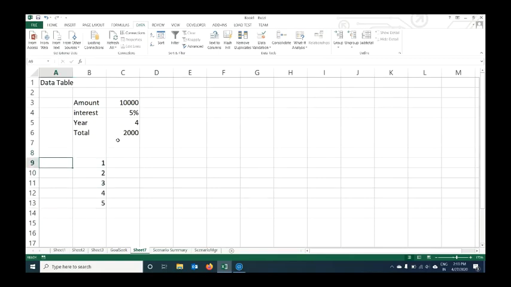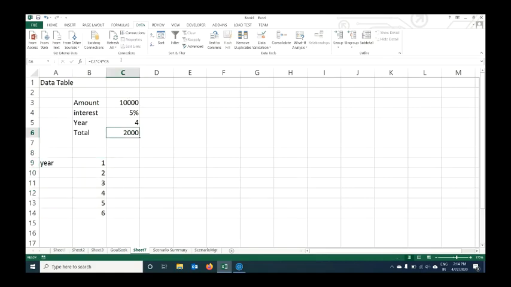So I have to get the expected total if I change my value of year to 1 year, 2 year, 3 year, 4 year, and subsequently you can create a matrix up to 6 year. For that purpose only we have the option of using data tables. For that we have one rule: on the intersection of the table, where you are getting your data value, we should have the same formula which you are putting